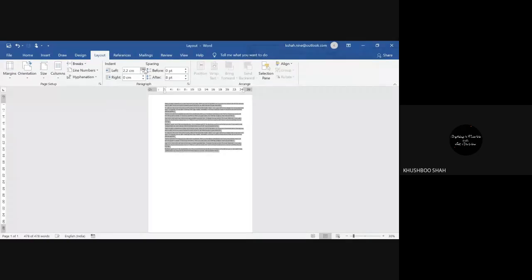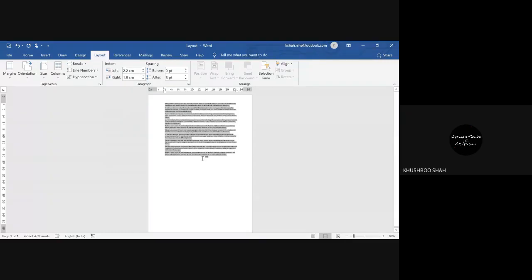Let me add one important point regarding the left indent. That is especially when you want to bind your document. Like suppose you want a spiral binding or the normal binding. In that case, you need left indent quite large, right? So, got it, everyone? Yes, ma'am. So this is the reason that normally we have the left indent, and many documents ask that keep this left indent and keep the right indent. So this way you can change the indent.